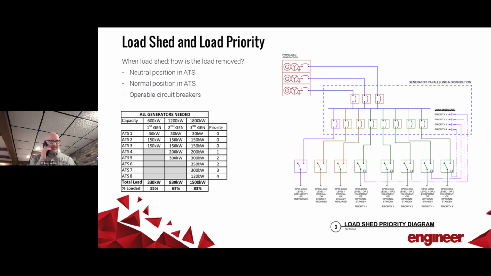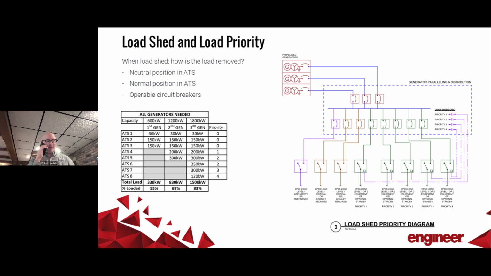Now, Tom had mentioned the NFPA 110, Chapter 6.3, requirements of parallel sets. When we're planning this from a design standpoint, we want to look at how much load we're adding at each point. Tom covered that in pretty good detail, but we wanted to follow back up with some graphics so you could see what this looks like from a planning standpoint. We're going to have a table with each of the load steps based on the generators that are being added, and then we're also going to take load shed into consideration.